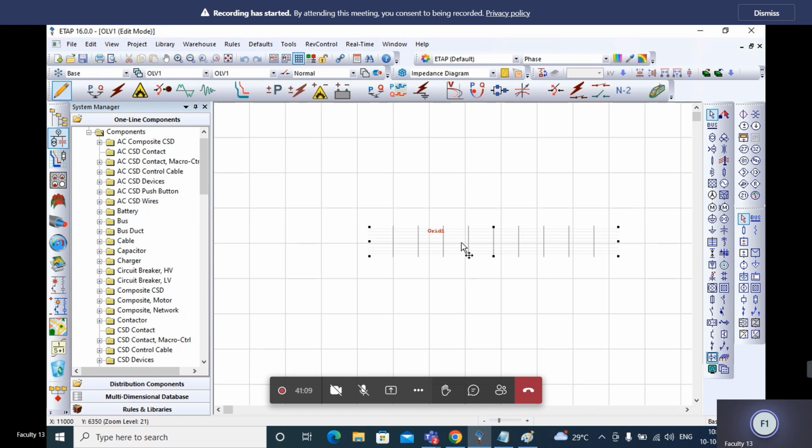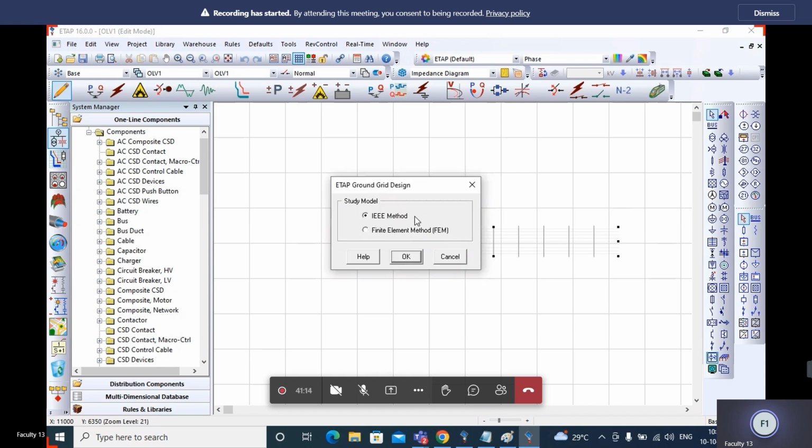Using that pop-up, you can select which type you are going to consider, the IEEE method or the finite element method. Now I am going to discuss the IEEE method. Give OK. In this IEEE method itself, we will discuss without ground rods and then with ground rods. After that, we will discuss finite element, also without ground rods and then with ground rods.